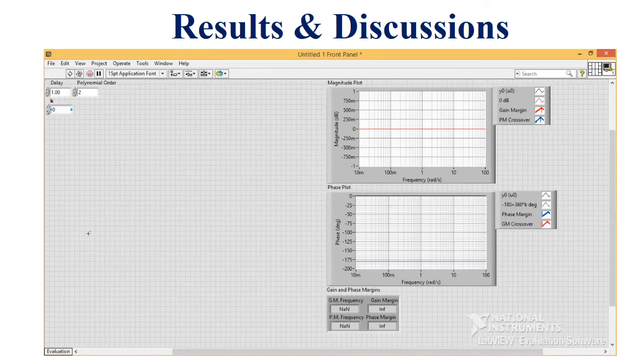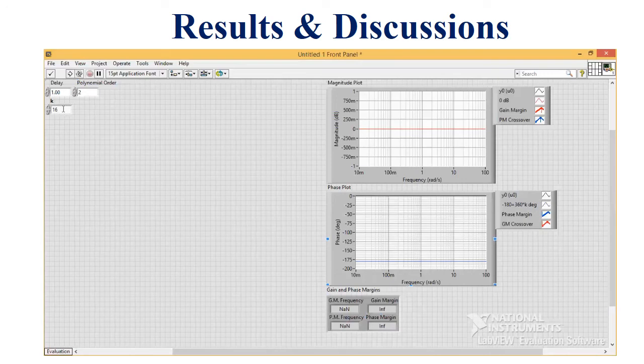And for the K input, we need a value according to which we will achieve a phase margin of 30. So the K value will be chosen by trial and error approach. As I have already run the simulation diagram, the control diagram, I will check this system, and at K I will get 30 phase margin.